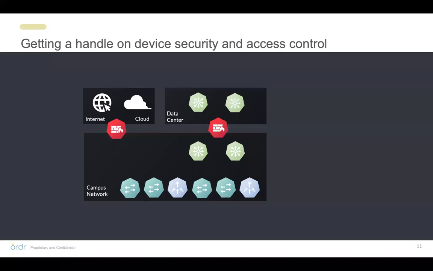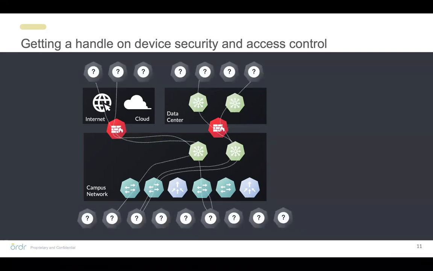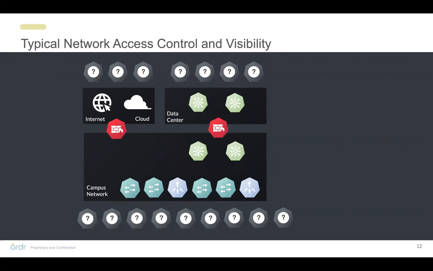So let's go to a typical network. Here you have a campus, you have a data center, and you have access to internet and cloud services. You have a number of things that are connecting, and you know that there are communications going on. So the two challenges now are, first, let's fill in those question marks so we know what each device is. And secondly, try to understand what those communication patterns are so we can apply effective enforcement. So often an ISE deployment starts by integrating with our identity-based systems so we can authenticate things as they connect to the network.